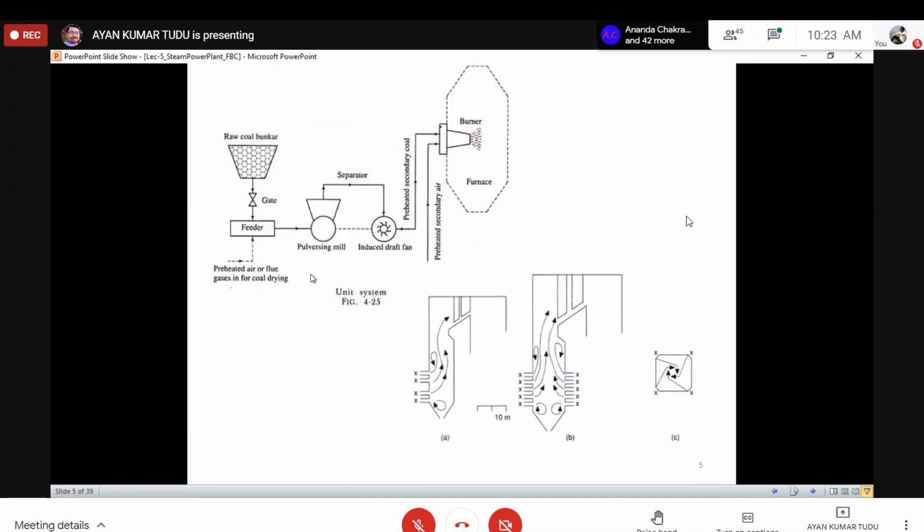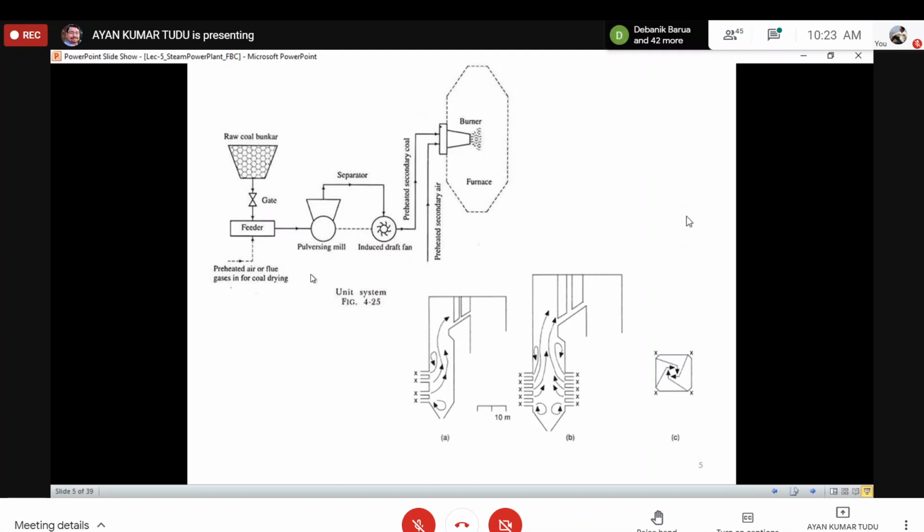So as you can see, this is the typical picture of how the burner is. It may be a cyclone burner, it may be a turbulent burner, it may be a tangential burner, it may be a long flame burner. Okay, so here the three figures that are given: A is basically for our long flame burner, B is for our turbulent burner, and the cyclone burner is given for our C. The tangential burner is not given here actually, so I think you can understand how it will be working. Okay, so this is the typical picture of how the burning system is occurring.